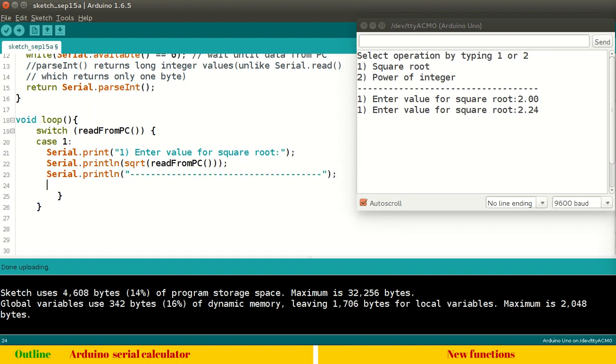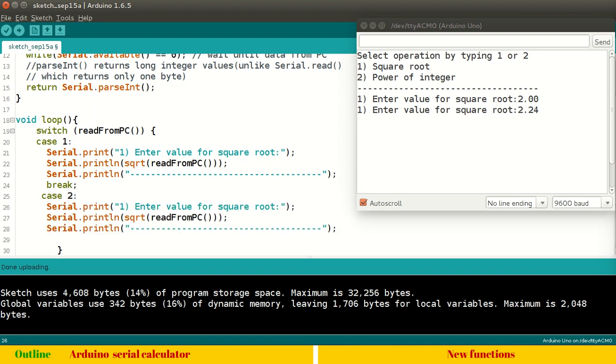Okay, and we have to, of course, say break if we wish to use. So case 2, I think I can copy these lines and move accordingly. Now this should be 2, and here we can say,